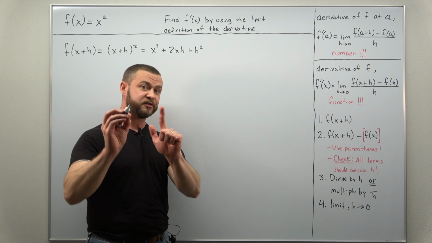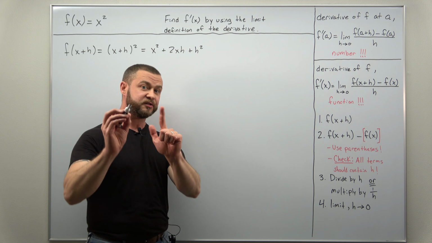All right, and if you take your time and simplify this, this one is very simple. This will pay off for the more complicated ones that we, again, have linked down below in the description. Take your time here and fully simplify it, and you should find that the check occurs. This is a way to check your work. All terms that remain after you simplify it should contain h. And that's going to be what cancels out in step 3 when you divide by h to eliminate the indeterminate